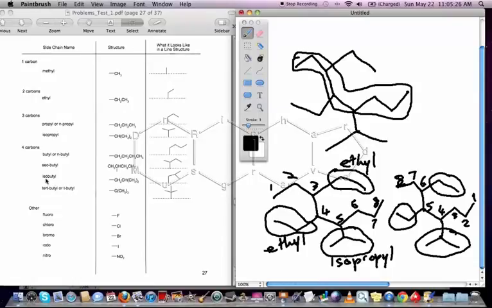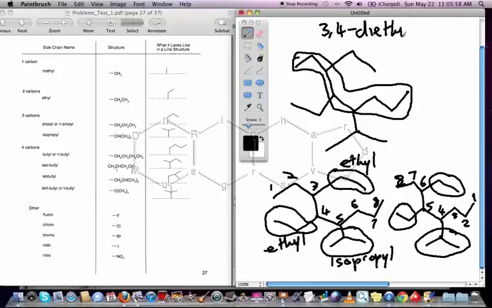Isobutyl, on the other hand, is part of the alphabetization. The i would be considered the first letter of isobutyl because there is no dash in isobutyl. Right, so that's something you've got to be keenly aware of when you're doing this. So we know it's going to be the ethyl groups that go first, and we put down their location on the chain, and we have an ethyl group attached at 3 and 4. So we need 3, 4, then a dash,